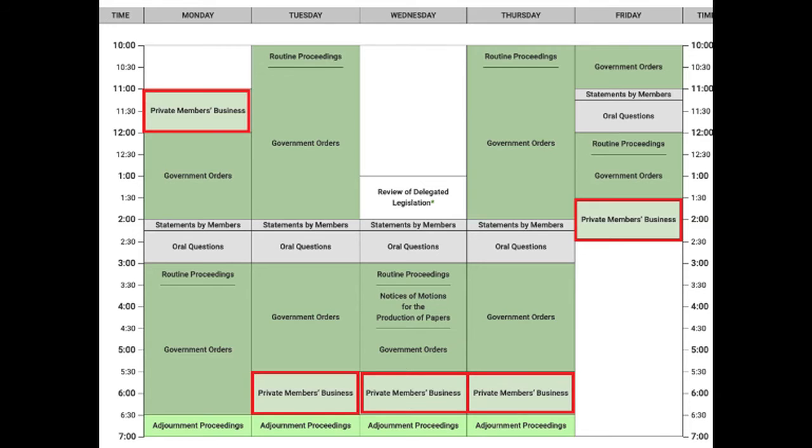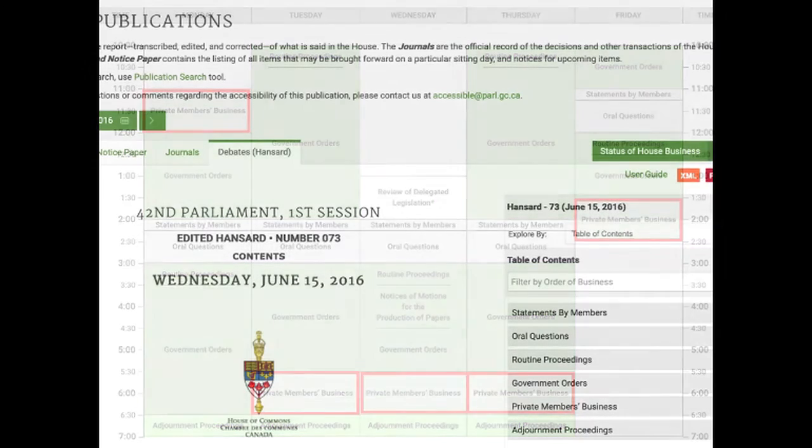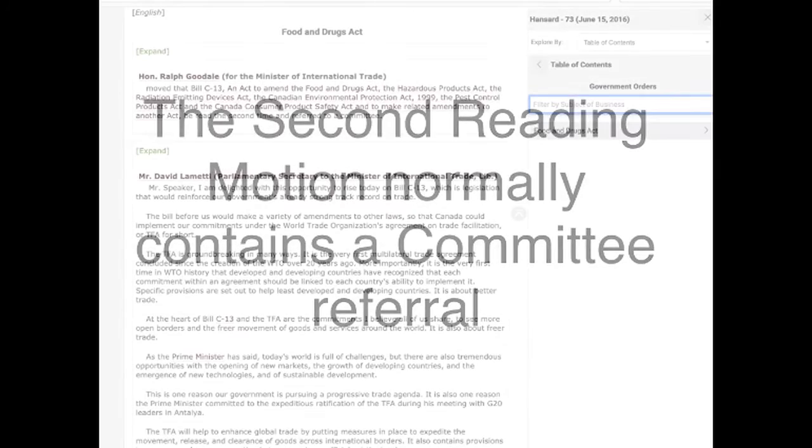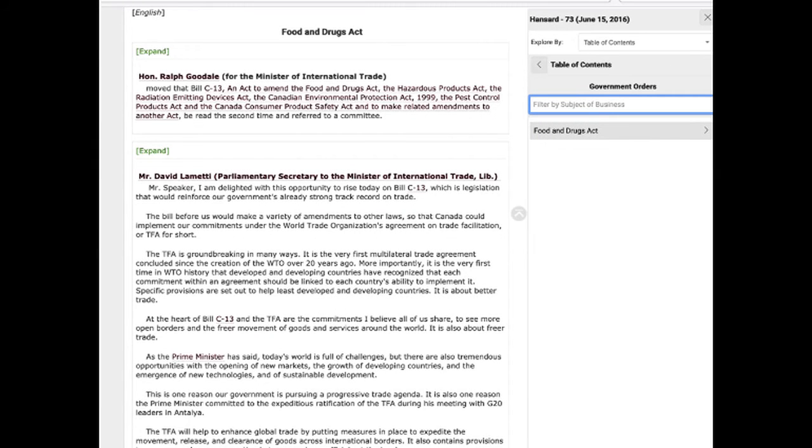Now remember, our Bill C-13 is a government bill, so when we begin our second reading, we go into government orders. The second motion normally contains a committee referral, and when we look at the debates, we get the start. And the debate can be quite acrimonious. At the end of it, there will be passage, at which point we now go and look at the committee material. So when we click back